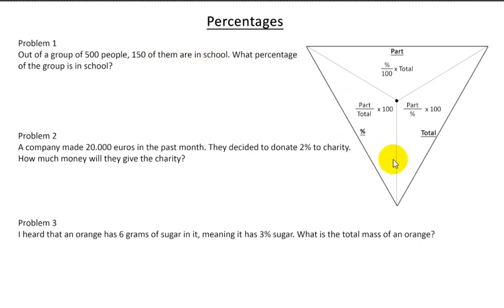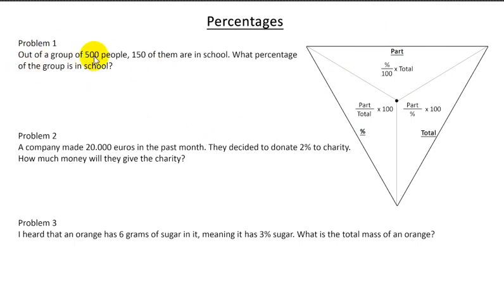So now we're trying to identify which of these three cases I have by basically trying to figure out what am I looking for? What do I know? What do I not know? I must know two things and then be looking for the third. So I can either know the percentage and the part and be looking for the total, or the total and the percentage and be looking for the part, or the total and the part and looking for the percentage. So which of these three cases am I in